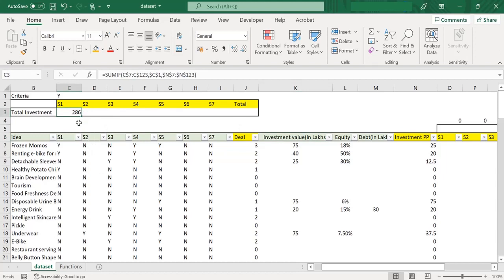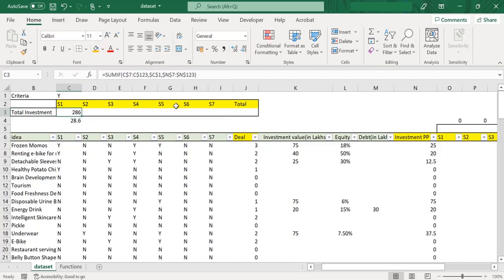As we can see, the investment done by the first investor is 286 lakhs or 28.6 million. We have to see the result for the other investors as well.